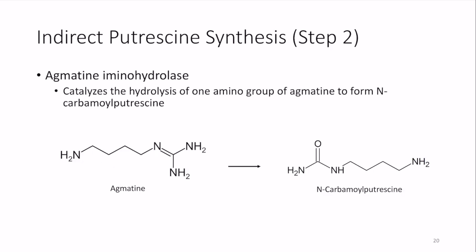Once we have agmatine, the enzyme agmatine iminohydrolase catalyzes the formation of N-carbamoylputrescine. What is happening in this reaction is that this highlighted amino group is becoming a ketone group. The way that this reaction goes forward is that an OH group attacks in and kicks off the amino group after it gets deprotonated. So now we have this molecule, N-carbamoylputrescine,